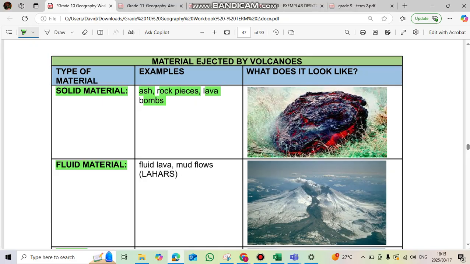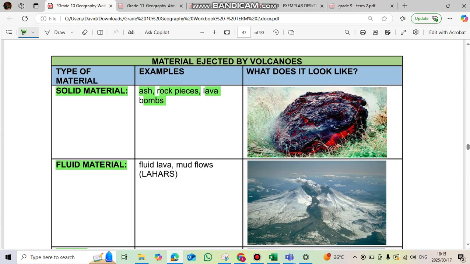To our right, this is an example of a lava bomb. Remember, lava just refers to a liquid rock, right? And it has a very plastic or bubblegum texture, and we can actually see that texture in this picture over here. So we can also see that this picture is depicting that the lava is still extremely hot.